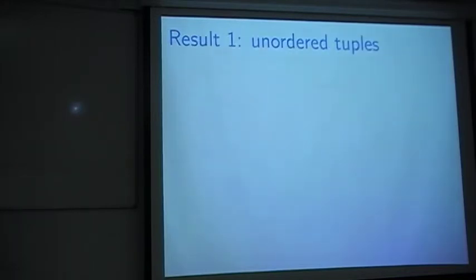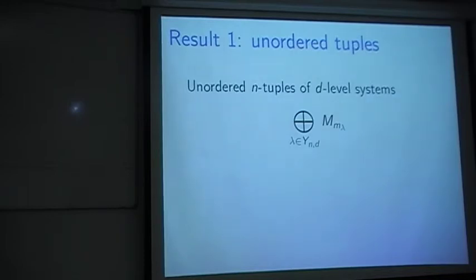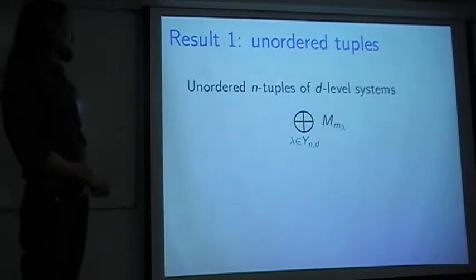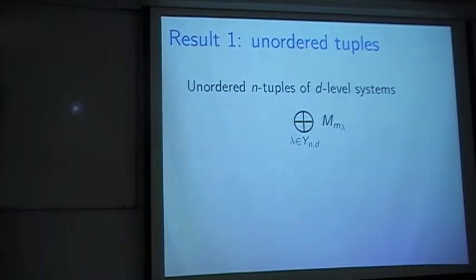Okay, so unordered tuples. Well, we also have a decomposition into matrix algebras. By the way, just as in the previous example, we not only have a decomposition into matrix algebras, but also an isomorphism, which also says what it is. Okay, so I have to explain these letters here. How many of these factors are there? What are these lambdas? And which matrix algebras are there?